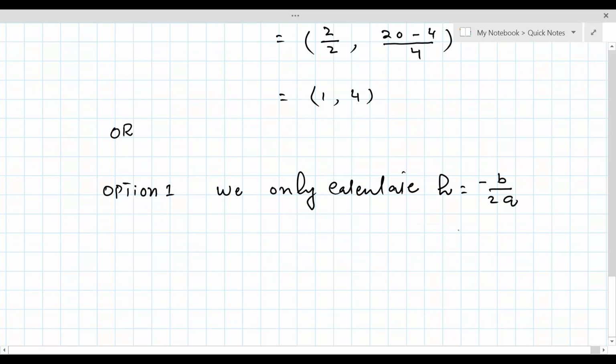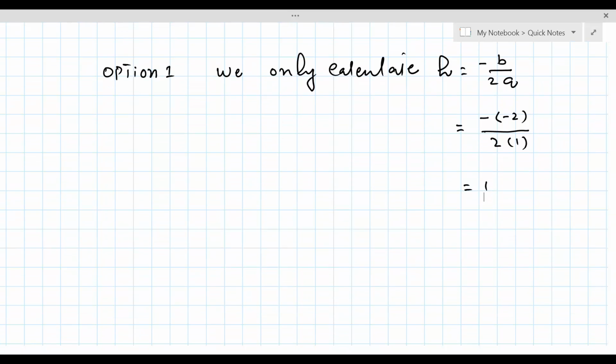And minus b over 2a is equal to minus negative 2 divided by 2 times 1, which is equal to 1. So once we have found h, then we will find